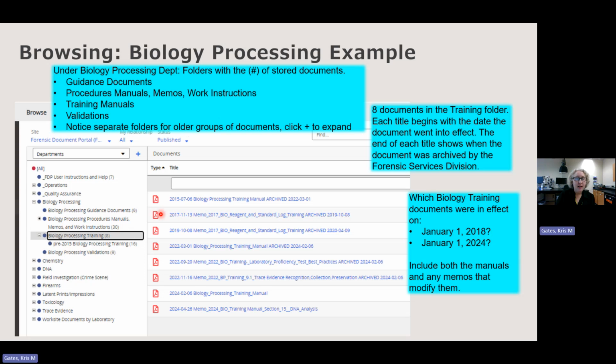Going further, and keeping that date in mind, January 1st, 2018, this memo is also going to be relevant to my discovery request because it was published at the end of 2017, November 13th, and not archived until almost 2 years later, 2019. So that is also in effect on January 1st, 2018. The next one, however, is not in effect on the date that I care about, because it wasn't published until